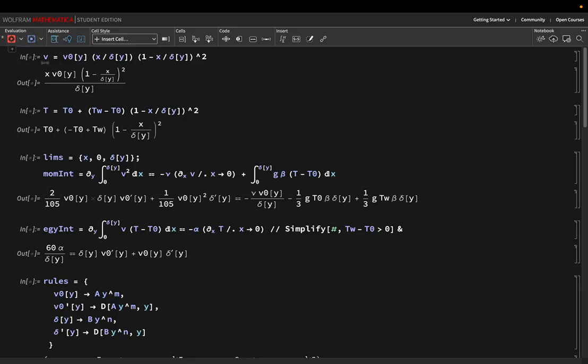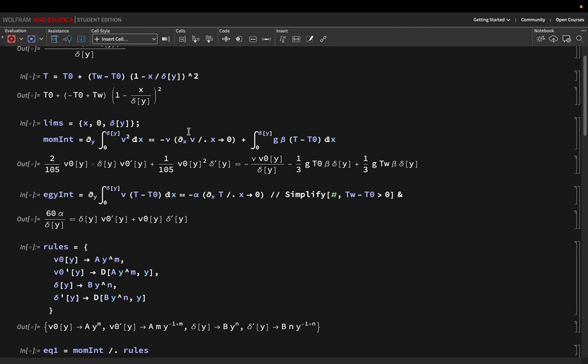So we have the velocity profile given by V naught, which is a function of y, times x by delta into 1 minus x by delta whole square. Similarly, temperature is T naught plus Tw minus T naught into 1 minus x by delta whole square. With these profiles, I will write my momentum integral equation as del del y of integral 0 to delta v square dx. I have removed the density term throughout, so that would give me the kinematic viscosity instead of dynamic viscosity. This will be nu times del v del x at x equal to 0 plus integral 0 to delta g beta (T minus T naught), and all of this is integrated with respect to x, because x is